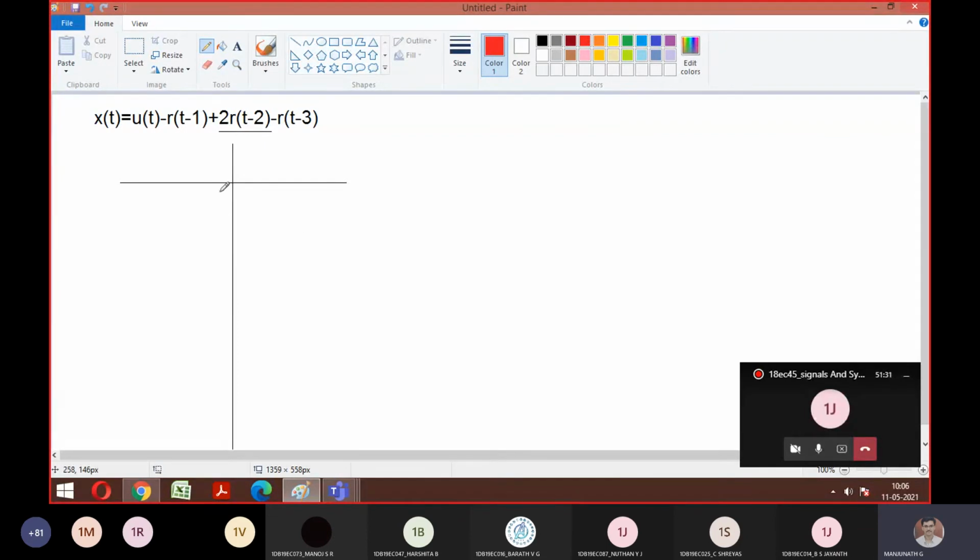I think there is no negative side, right? Yes, sir. So 0, 1, 2, 3, 4, and so on. From 0 to 1, the signal is constant. This is because of your unit step function, the first one. So from 0 to 1 it retains. Then from 1 to 2 it is going to dip. Again from 2 to 3 it is going to increase. Then the complete graph is going to be constant. Is it how it looks? So this is your x of t.